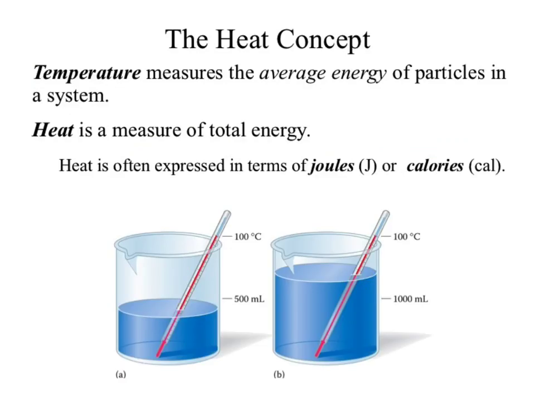Okay, which gets us to the next fun topic, the heat concept. Okay? We talked about temperature measuring the average kinetic energy. Well, heat is also an important thing about energy, but heat measures the total energy. Well, they're both measuring the energy. Why is one different than the other? Okay? Because when we look at heat, we change the unit. We're no longer looking at degrees Celsius or Kelvin, we're looking at joules or calories. Why the sudden change in units?